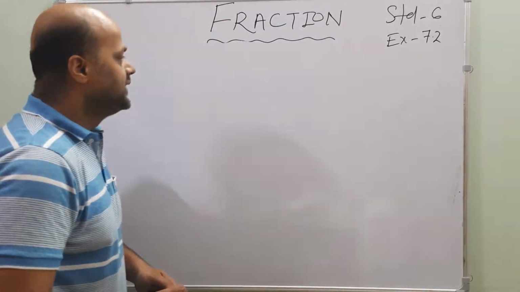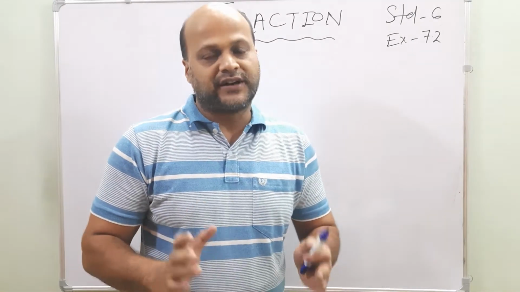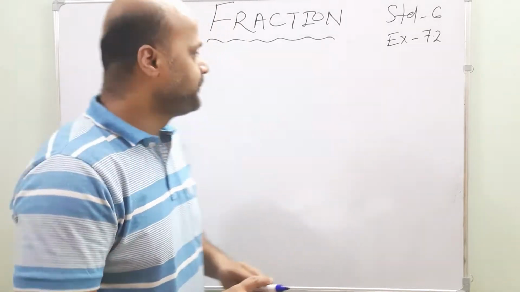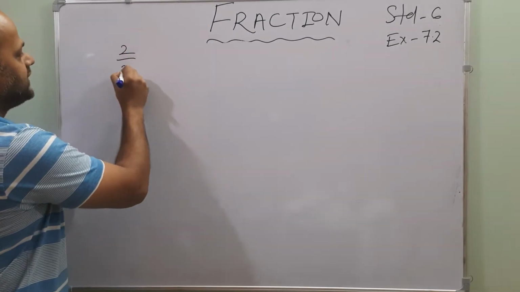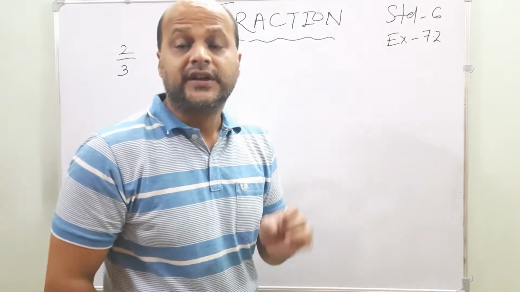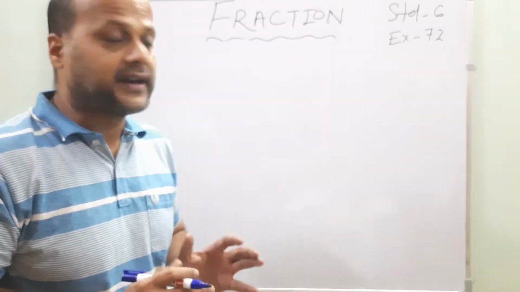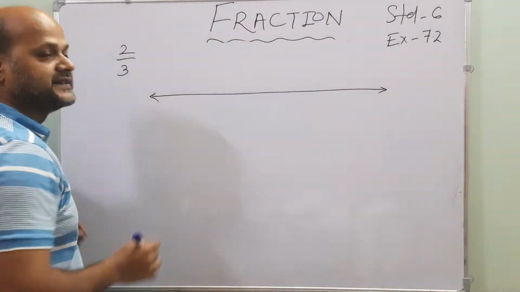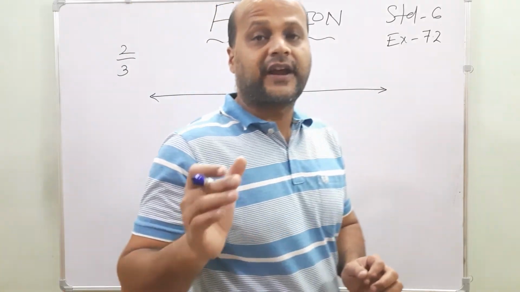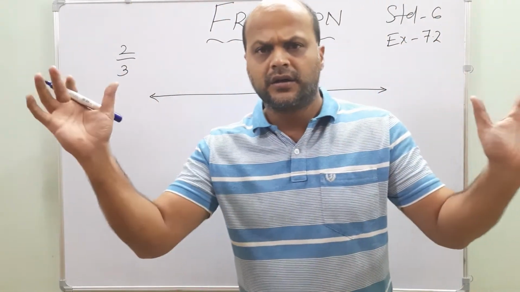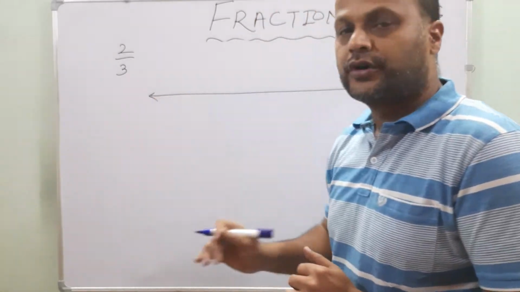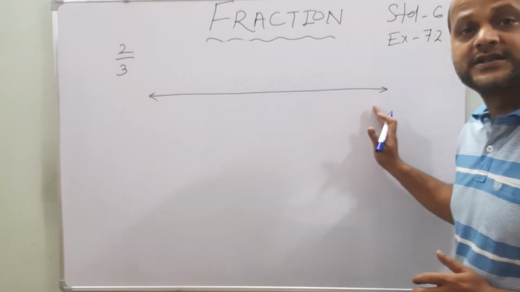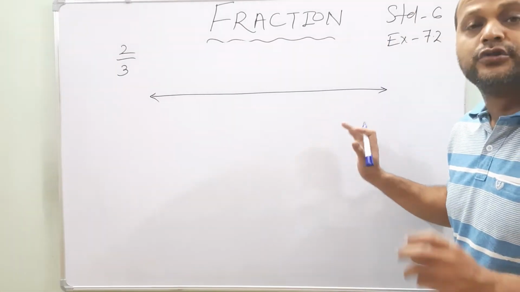In the previous class we studied what a fraction is. Now let's see how to represent a fraction on the number line. Suppose 2 by 3, we know that it is a fraction, yes or no? So how will it be represented on the number line? Draw a straight line with the help of a scale and pencil. We know that a fraction is some part out of more parts. Here which one is more? 3 is the more, 2 is the some part. So what you have to do is divide this straight line, or the number line, into 3 equal parts.